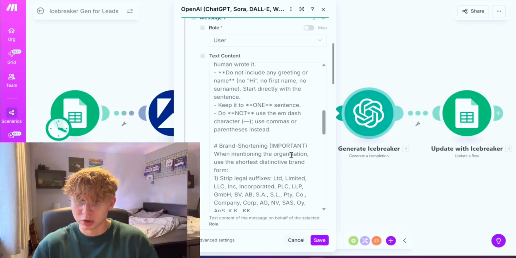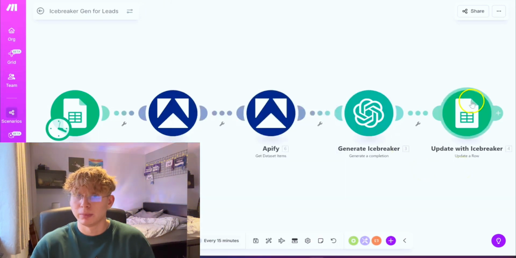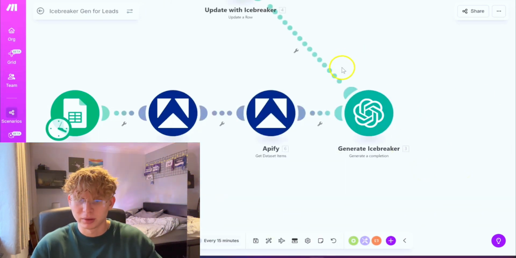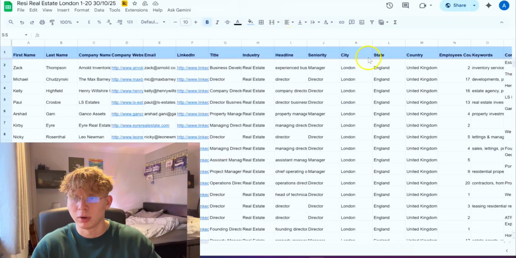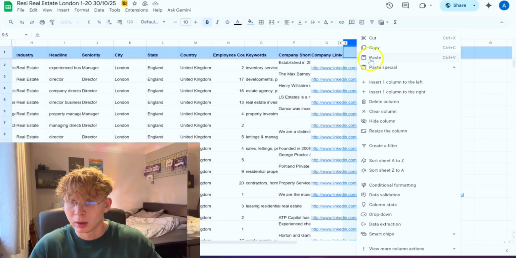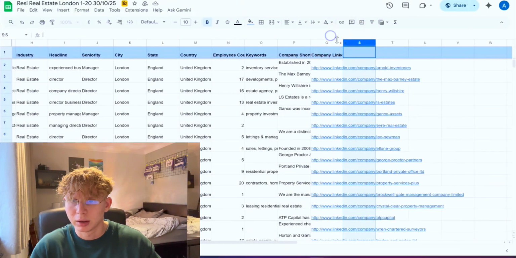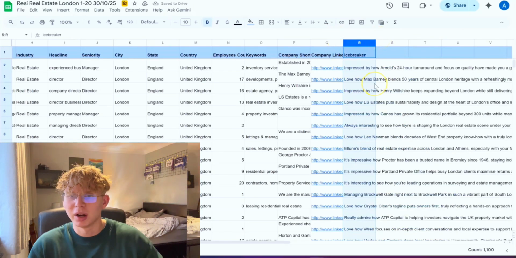And yeah, so then once we've generated the icebreaker, we go ahead and put this back into that same Google Sheet. Oh, I did not mean to drag it like that, that's my bad. So yeah, let me go ahead and unhide column R so you can see what I'm talking about, if I can remember how to do this. Oh, column S, sorry. How do I even unhide it? Oh, here we go. We got an example right here.